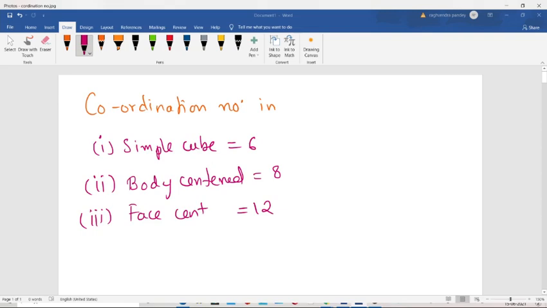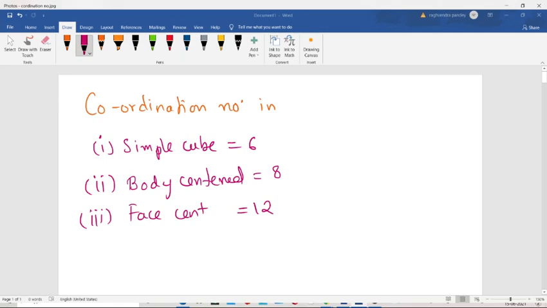You can see there are 8 unit cells. So that is one unit cell. It has 8 spheres at the corner. Now there are 8 unit cells. You can see the black one here. Now this black one is in direct contact with these 6 atoms, like this green one. So here the coordination number of simple cube is 6, that we learned.